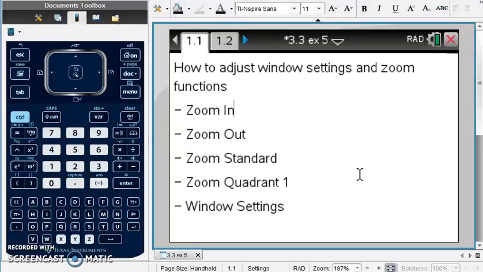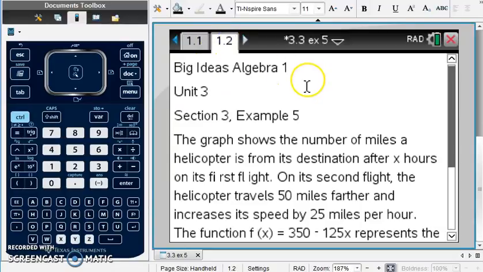Okay, today we're looking at a video on how to adjust window settings and zoom functions, specifically zoom in, zoom out, zoom standard, zoom quadrant 1, and window settings. These are essential skills to be able to master graphing, as we can be looking at graphs in a variety of forms. To examine these today, we're going to look specifically at an example from an Algebra 1 textbook, Unit 3,